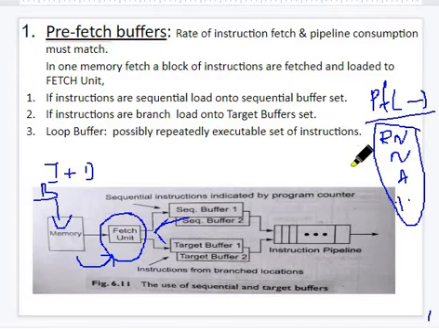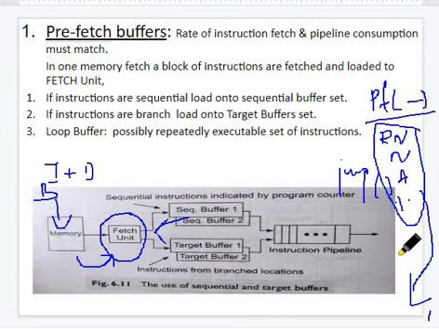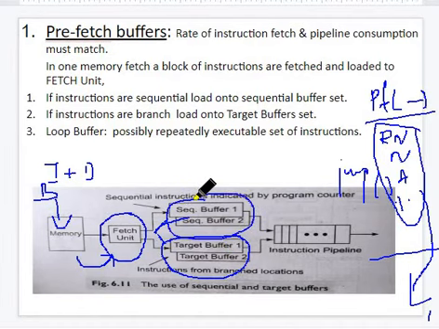If it is not sequential, like a jump to some UDF which executes somewhere else in the memory space, then branch type instructions should be loaded onto the target buffer, and continuous instructions onto the sequential buffer. It is just splitting here, but when they execute, they really execute in order.